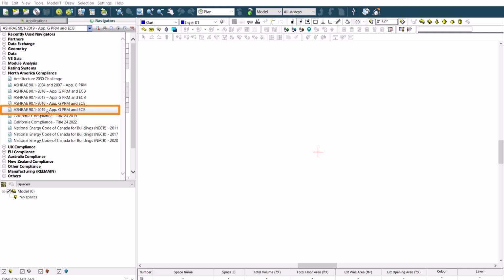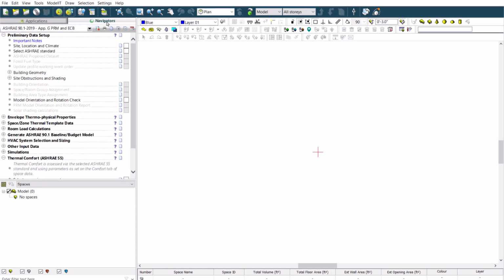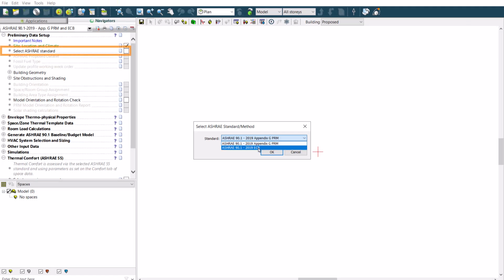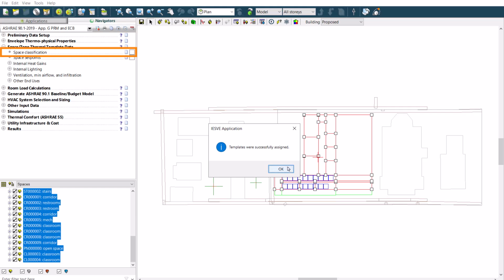The Appendix G Performance Rating Method, also known as PRM, or the Section 11 Energy Cost Budget, also known as ECB. The IESVE Navigator is a workflow efficiency tool that allows the user to sequentially step through the compliance process for the building design, including the site location and climate, the geometry, importing the 90.1 2019 standard template data, space grouping and applying the space templates,